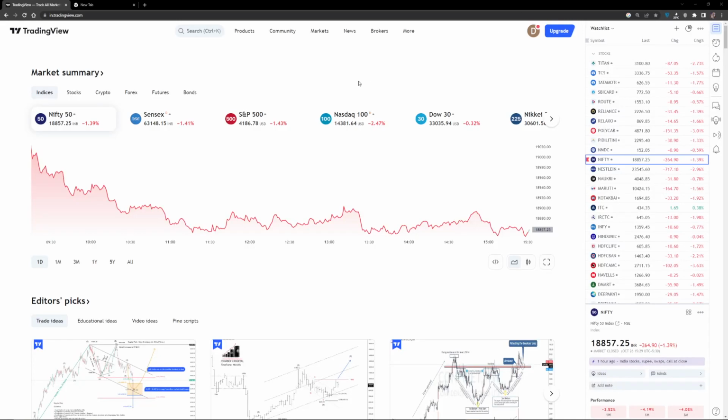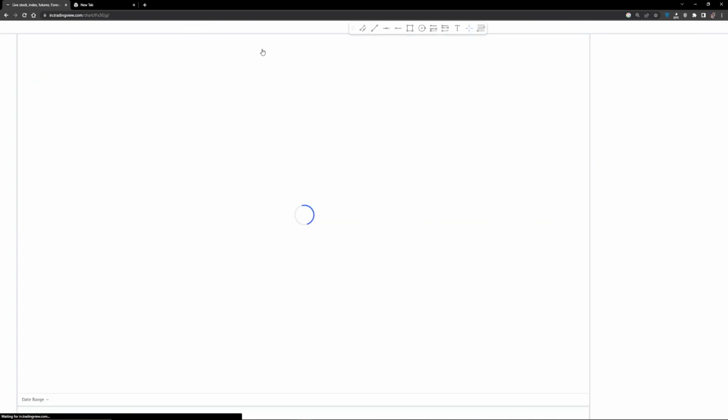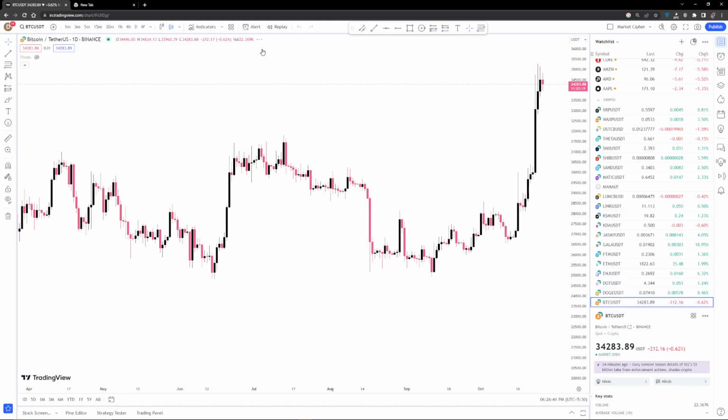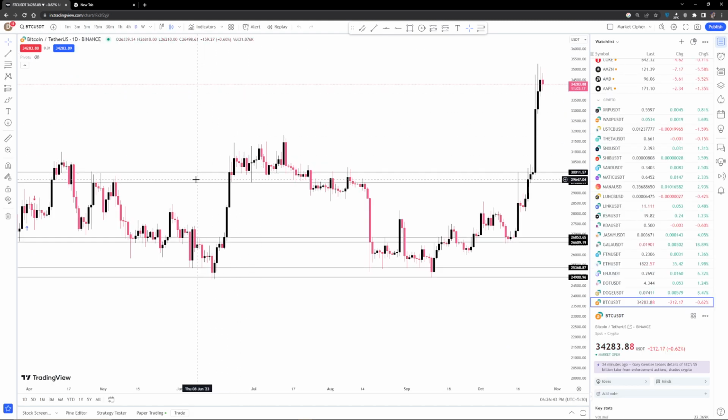In this video, I am going to show you how to add your own script in Tradingview. So first, open up your tradingview.com and go to supercharts. Once you are here, go down to the Pine editor,